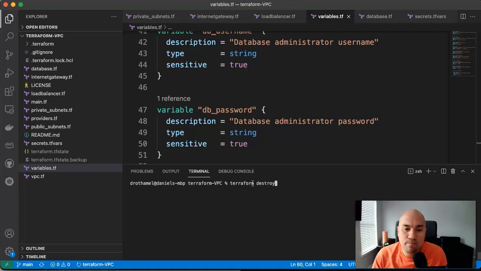Okay, so we can apply and this is what we're going to do. We're going to do terraform apply, and we're going to do -var-file equals secrets.tfvars. That's how Terraform knows to get the values for that variable from that secrets.tfvars file. So we do that,